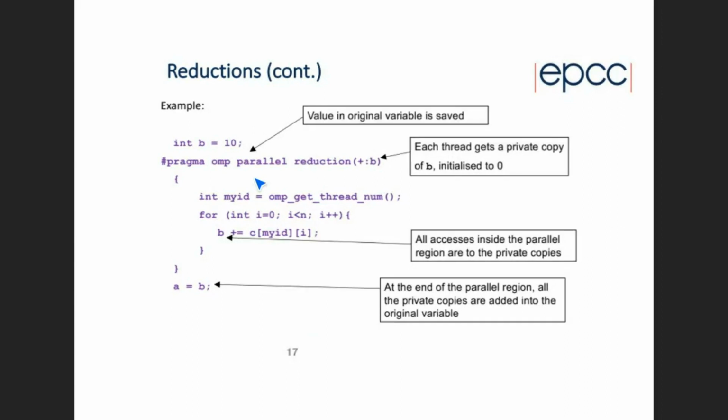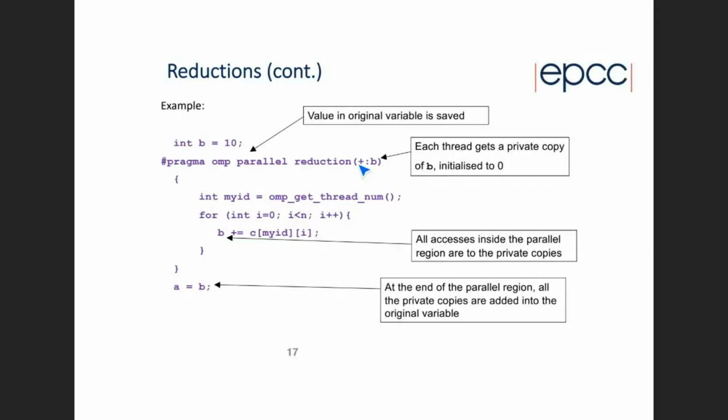So if we declare a variable, an integer b here, which has some initial value 10, if we declare that as a reduction in the parallel region with the plus operator,